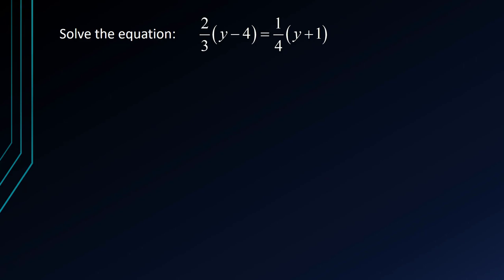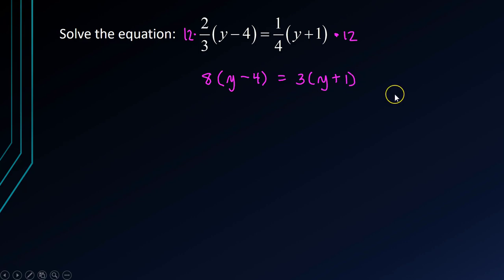So one of the ways that it's even shown in the textbook, what is recommended to do, is if I can multiply both sides of the equation by a number that has a common multiple of 3 and 4, hence the previous lesson dealing with the greatest common factor and the least common multiple. If I find the smallest number that 3 and 4 could both go into, and multiply both sides by that, I would at least temporarily clear out any of the fractions. And so 3 and 4, if I go through that process, the least common multiple of 3 and 4 is 12. So if I multiply both sides by 12,